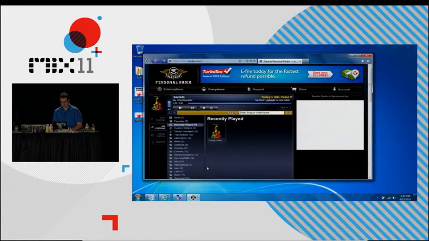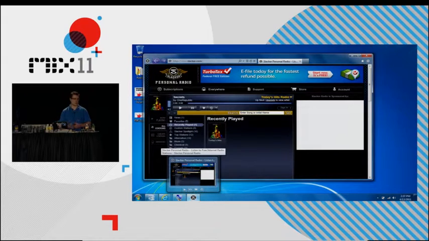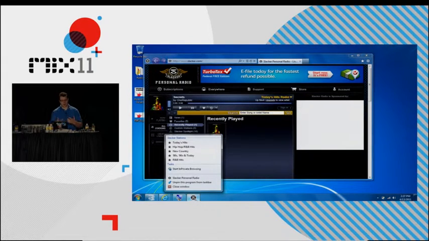In addition to that, as part of the experience, we have the ability to integrate with jump lists. Jump lists were introduced as part of Windows 7, and they give a number of great facilities for you as a developer to enhance and build upon what's available there. So you can see here, Slacker has decided to designate 5 parts of their site that you can go to